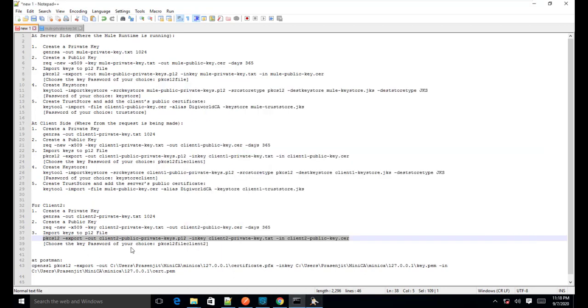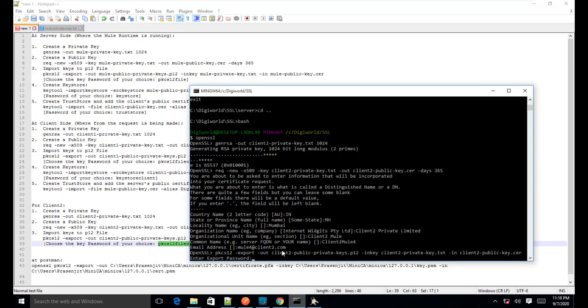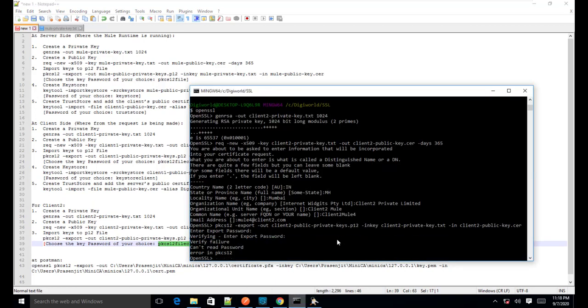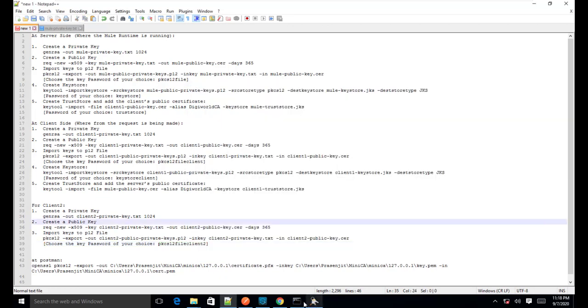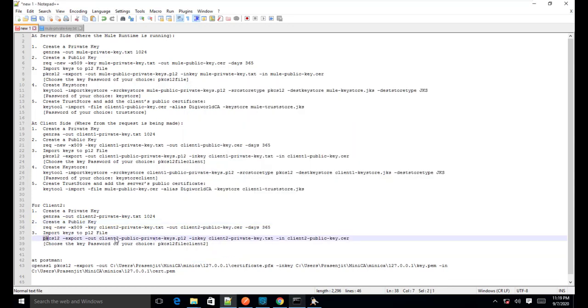So it is asking for the password, so I will use this password here, the same password again I am providing, and it says can't read password, validation failure. Okay, what is the issue? Okay, let's run the same command once again,